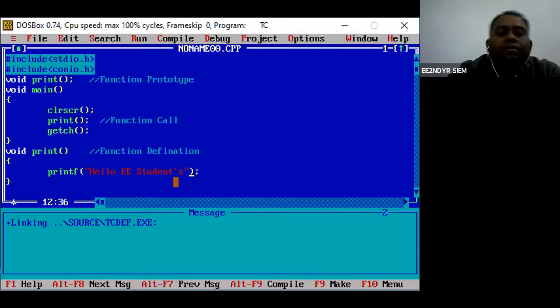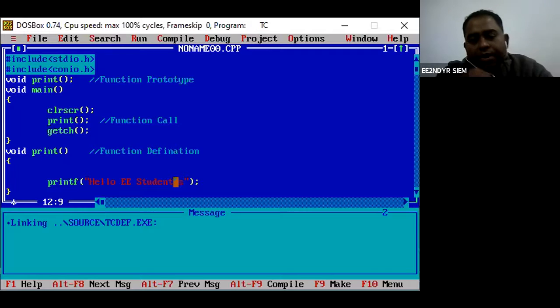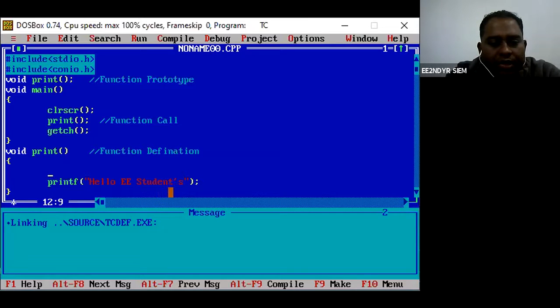Now I will keep a loop. Why is this loop required? Loop is required because if I am going to repeat the process, like 5 times, if I want to print this hello electrical students, then 5 times I need to write this. But if I put it inside a loop, there is a for loop, then there is a while loop, then there is a do while loop.